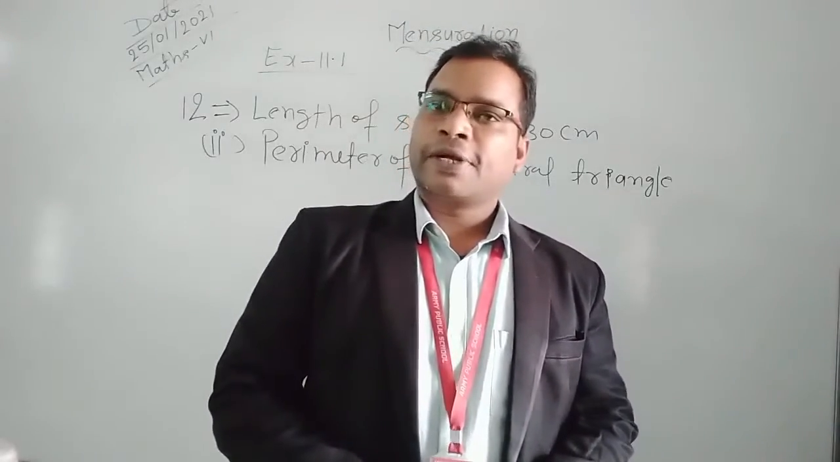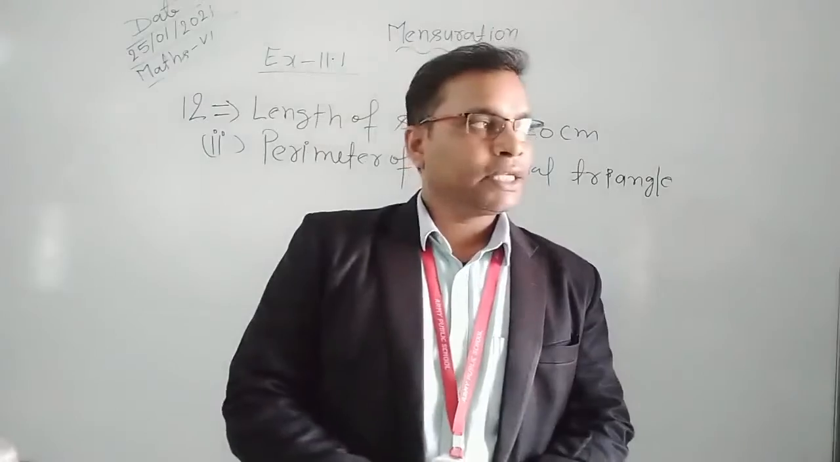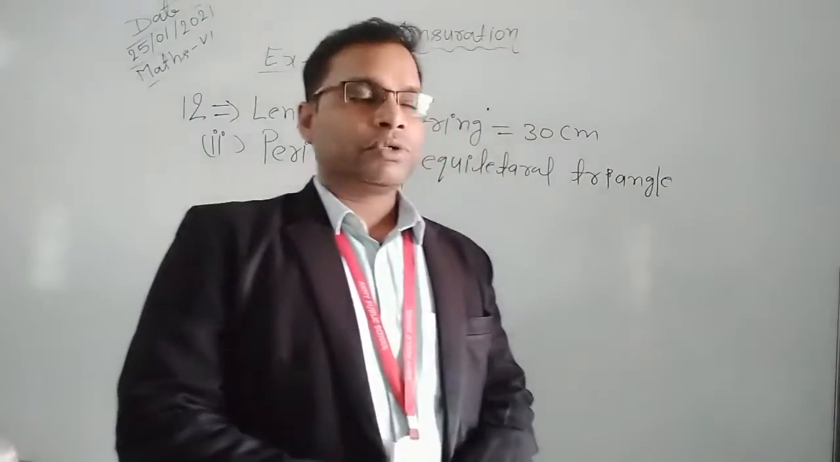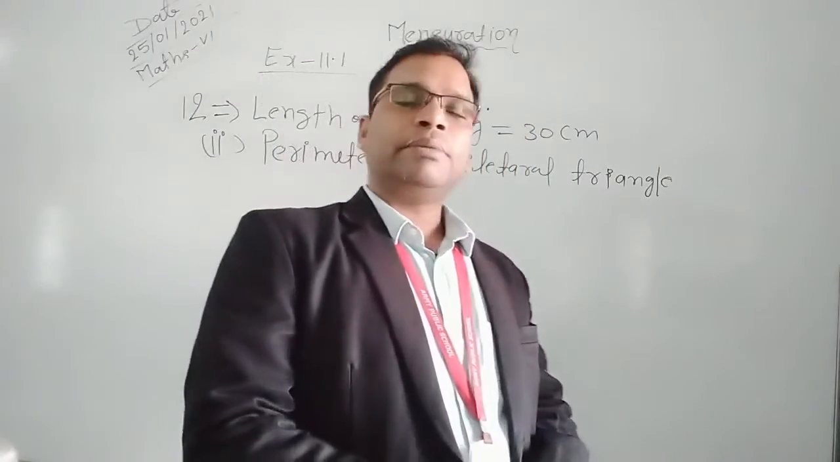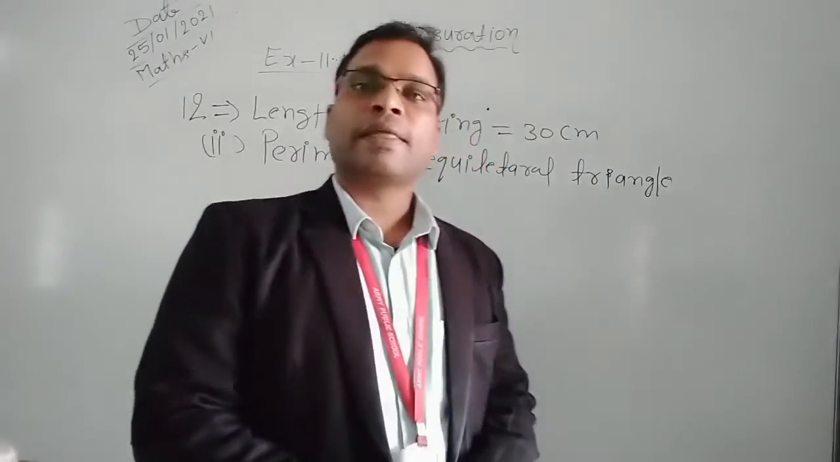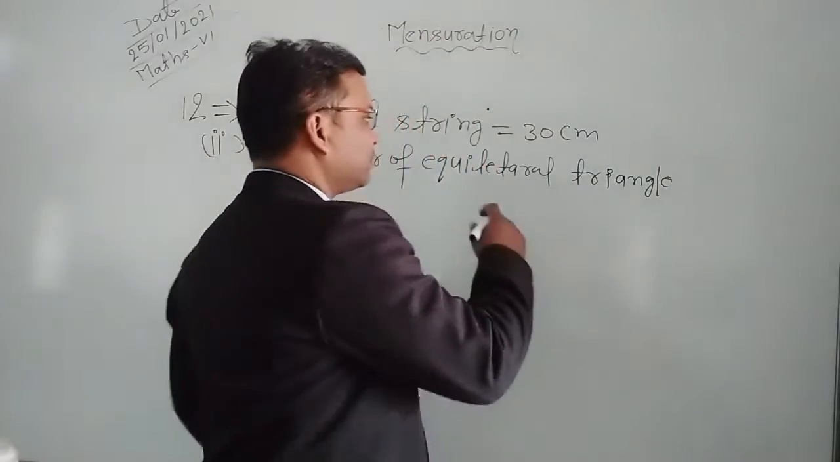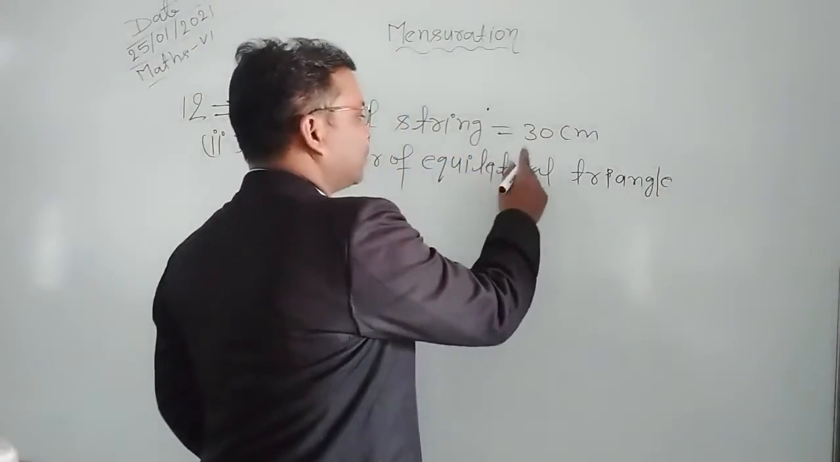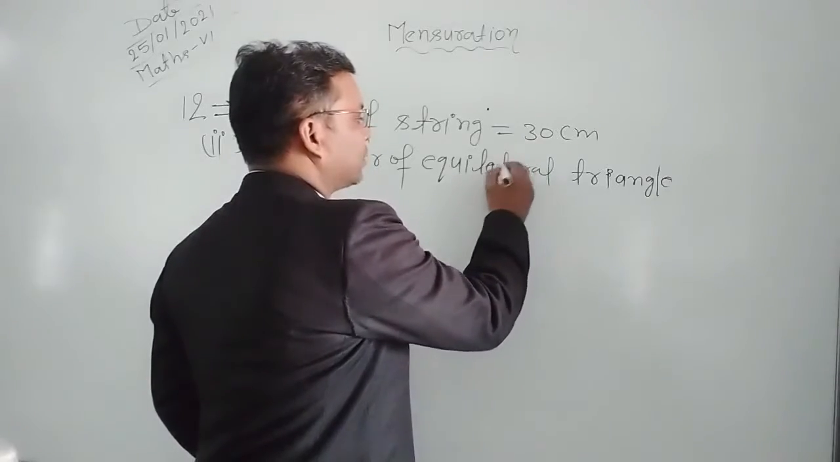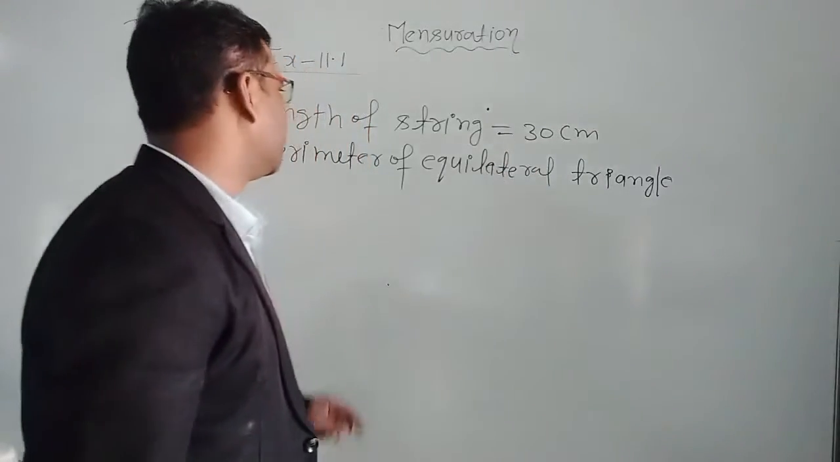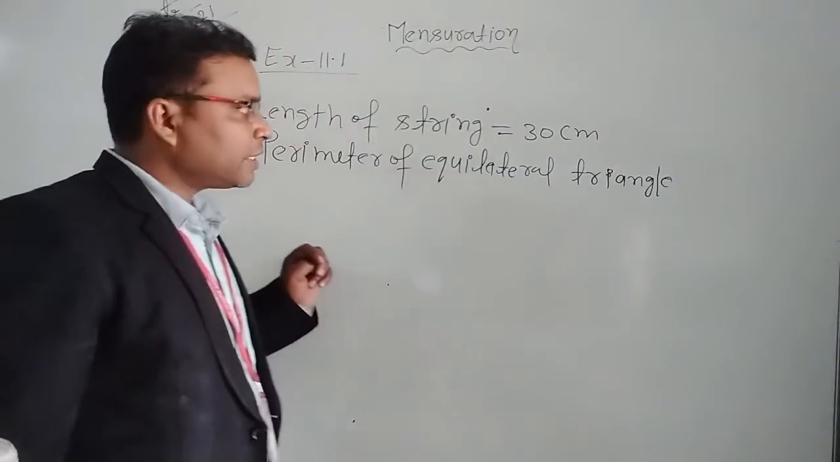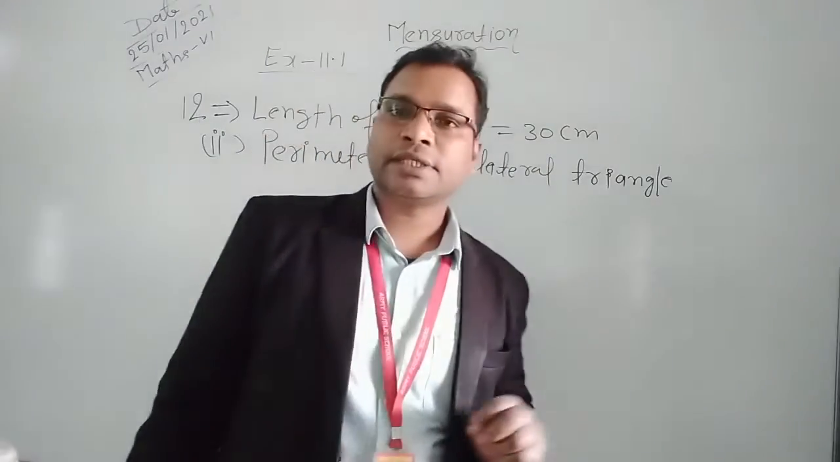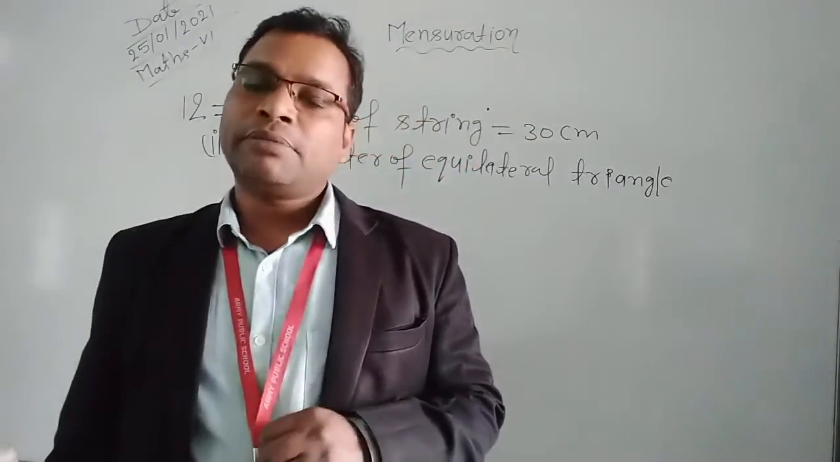Sum of all sides. But here in this triangle all sides are equal, so the perimeter of the equilateral triangle is 3 into the length of side. This is clear. Now, these equilateral triangles are made by the given strings, it means that the perimeter of the triangle